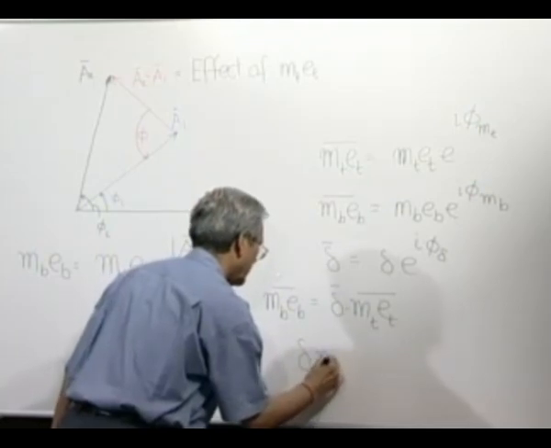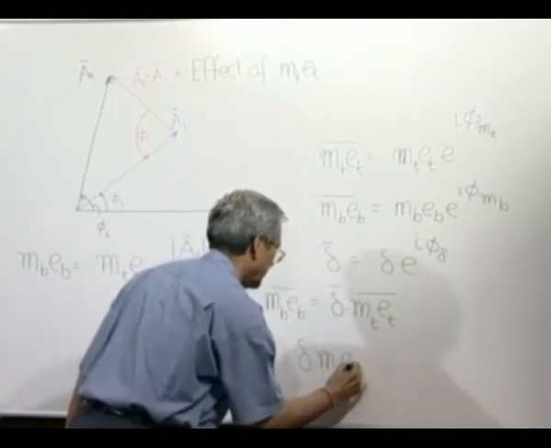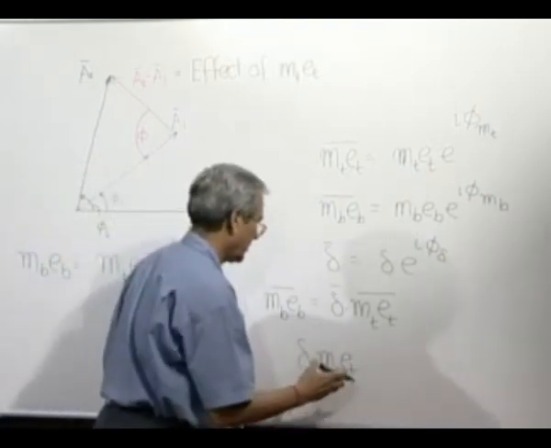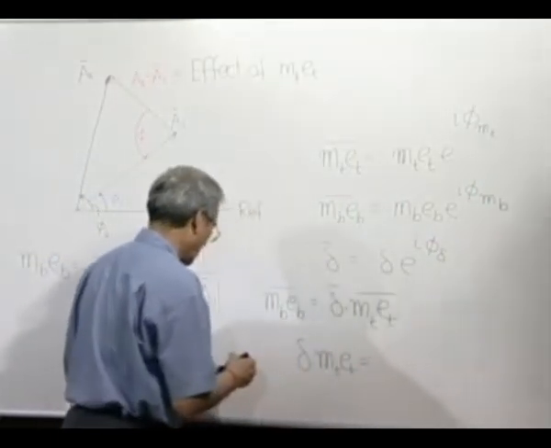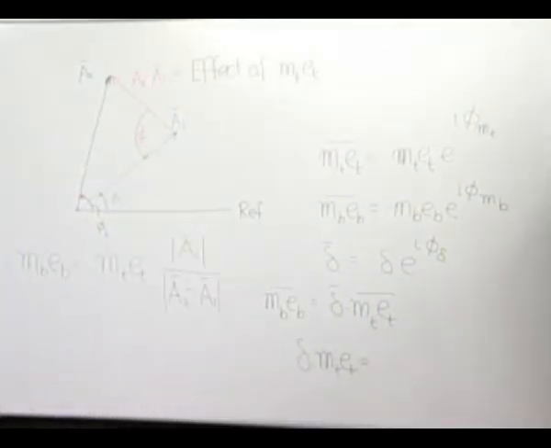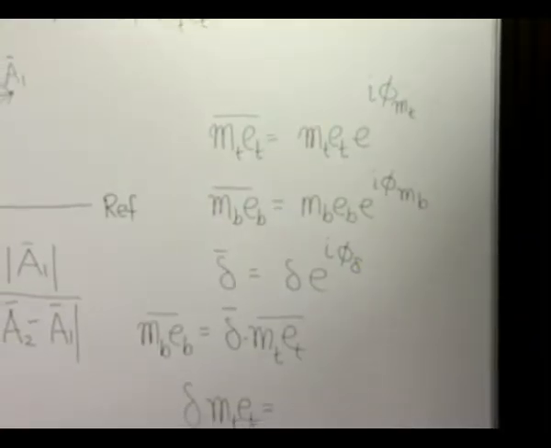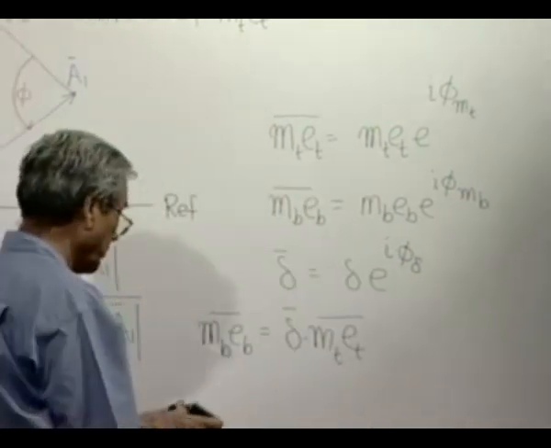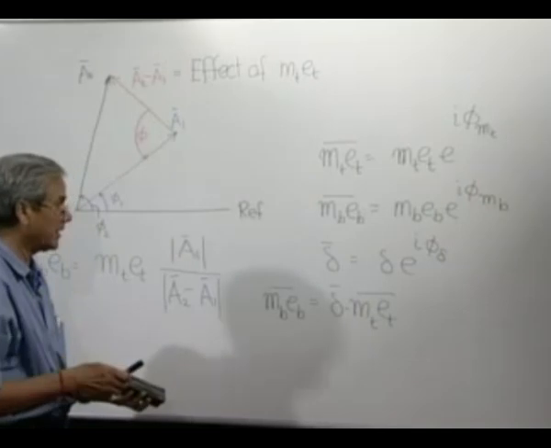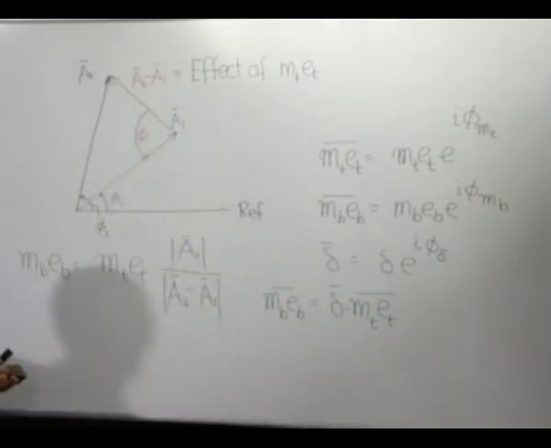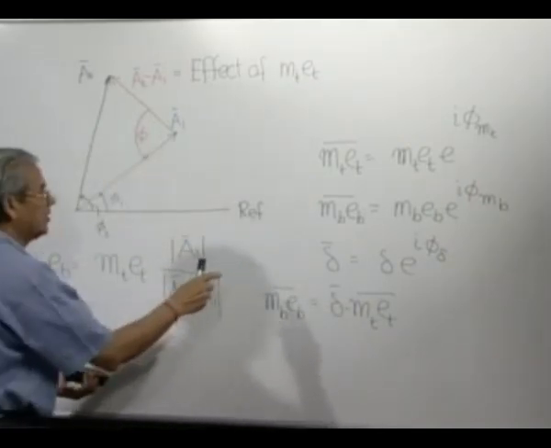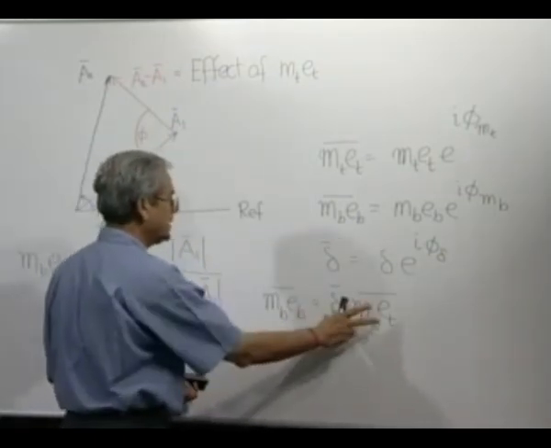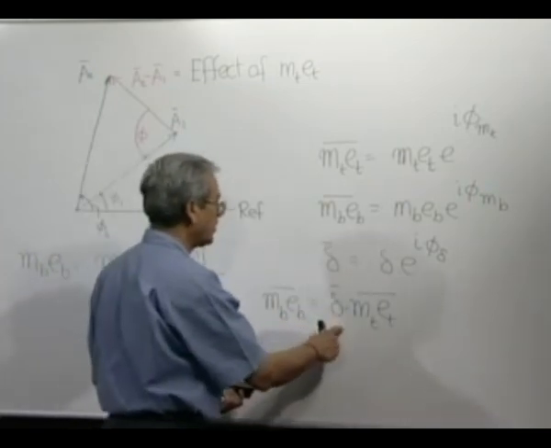Delta into MT ET magnitude is equal to, that means, or I think we should say not that way, that delta we are using as an operator, which will be very useful later when we go for rotor balancing. Actually for disk balancing this is perfectly all right, but you can see that operating one vector by another vector, what it does, it changes its magnitude by taking the product of the two